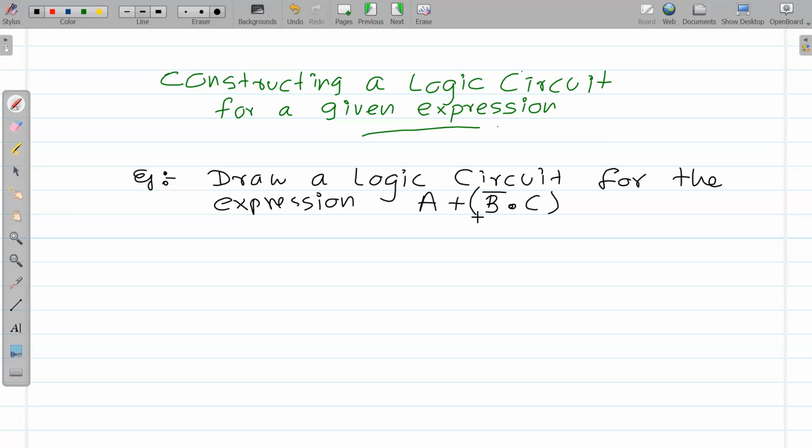So here I'm going to introduce some steps to be done, but when you are drawing the circuit, you don't need to write all these steps. You just go and create the circuit at once, right? But when I'm explaining, I'm going to tell you what to be done step by step. So the first step that you need to do is determining